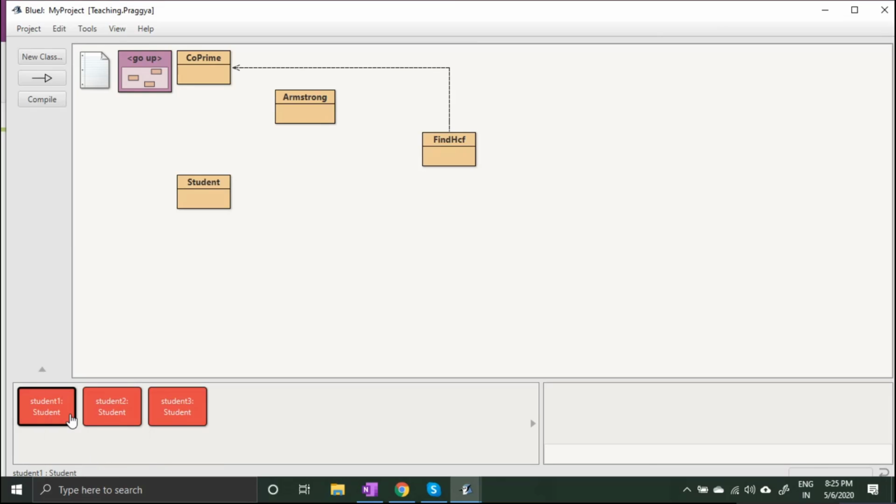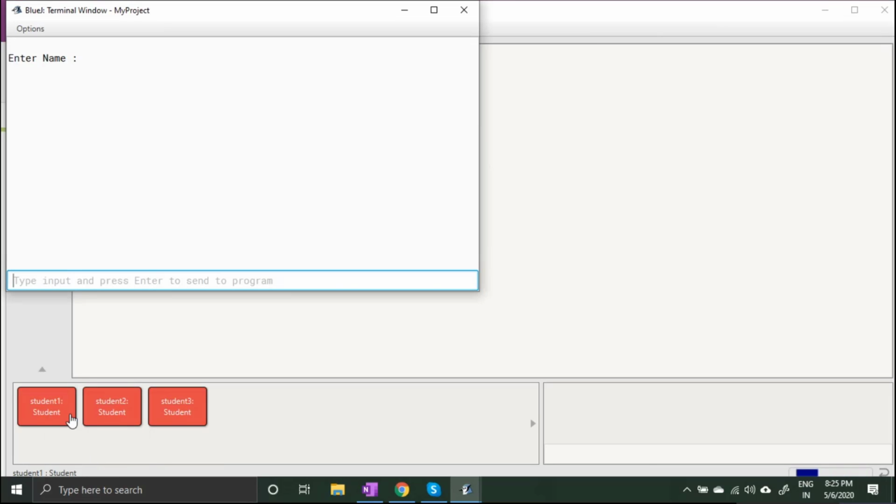When I click on this, it will generate the terminal window and it's asking for a name. I'm sorry, I don't have to give double quote here. Miraj, fine. Then it is asking for a roll number, say I've entered 1011.